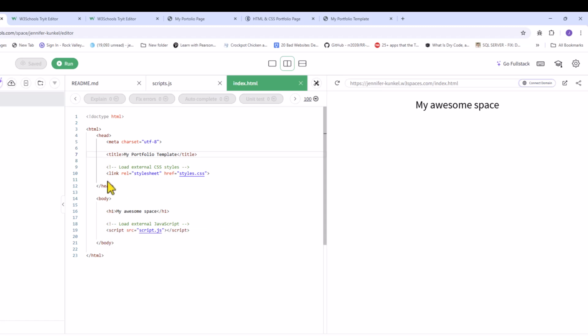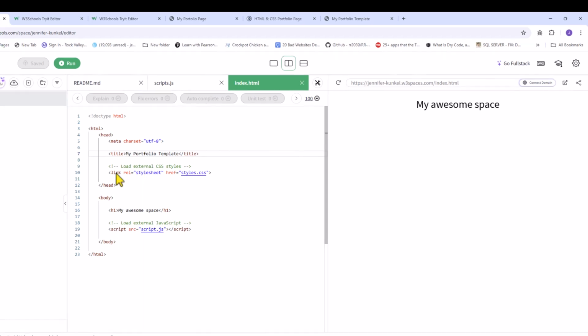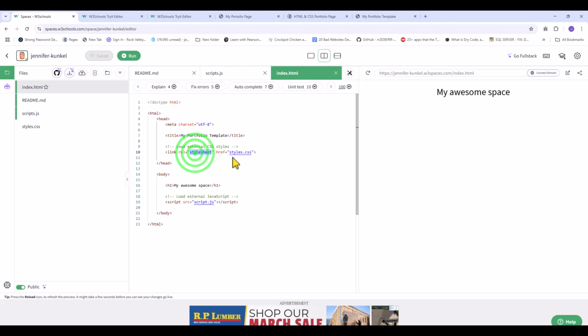So this header, none of the stuff really actually shows in the page when I'm updating my header. It's more about how it's showing the tabs. If we had other metadata in here, it would be things like we could put in meta tags for searching. We can do all those other kinds of things. We also have our link for our style sheet that's going to refer to our styles.css that we'll be working with later.